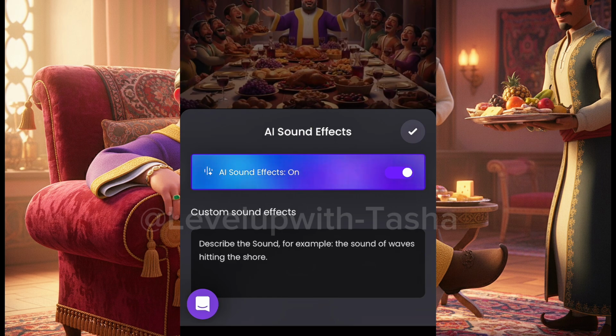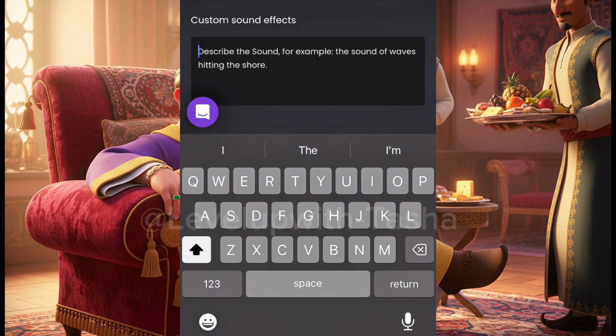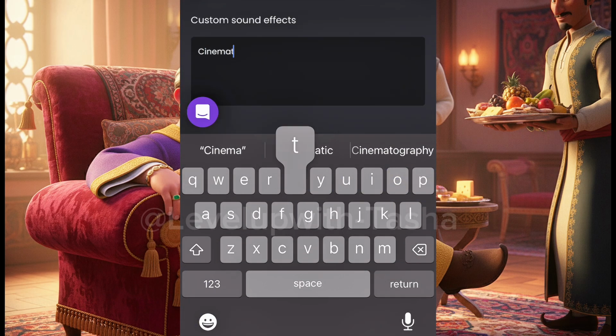So just make sure you toggle this on. This is off. So once you toggle it on, this is what is going to be showing you. If you want any specific sound that you want it to be making, you can go ahead and write it here or paste it here, but we don't actually need that because we're going to even be muting some of the videos. All right, but then I can just put cinematic